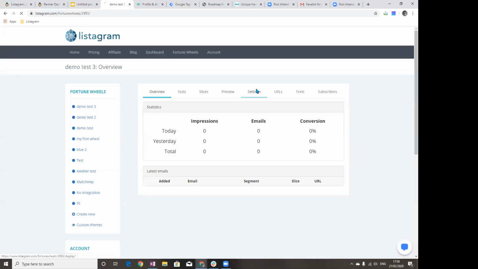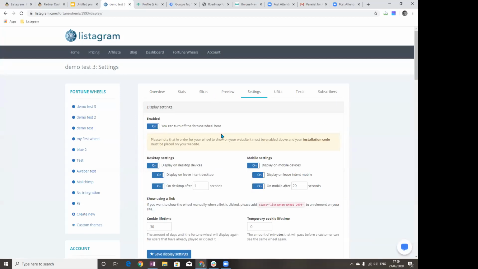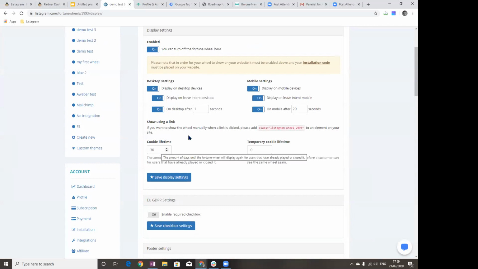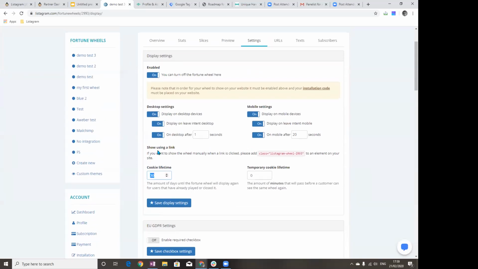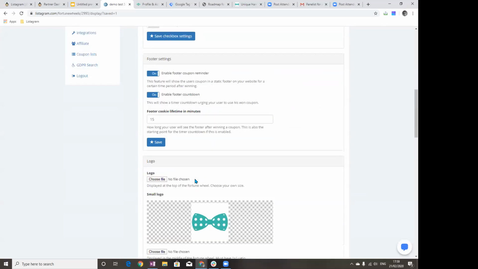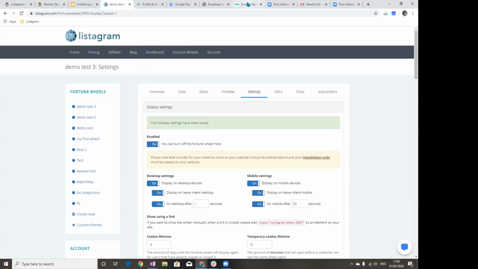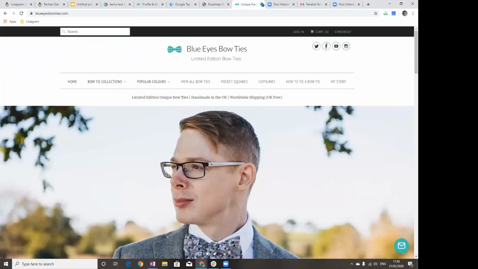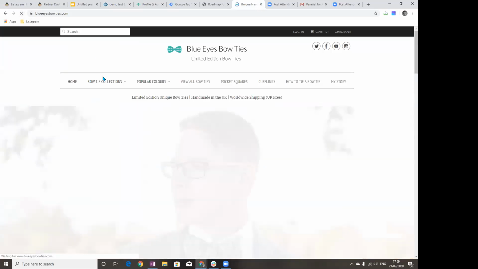Now what I need to do is just go over to the demo wheel, go to settings, and then click enable. I'm actually going to change some settings here. I'm going to put this to 0 and then click save display. Yeah, so now if I go over to the website this is installed on, and I click refresh,